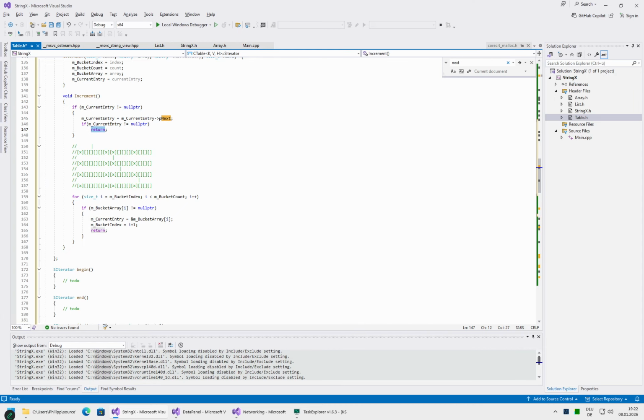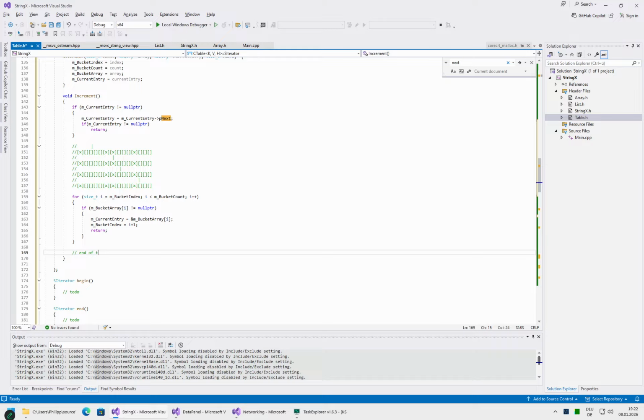then we just return, so we will never reach this part of the code anyways. But if this is not correct, then we still want to do this, so we don't want an else. That's why. Okay. Return if everything is fine, or then fall through to the next operation. And here it's the same thing. If we found something, we return, and if we didn't find something, now we are in the case